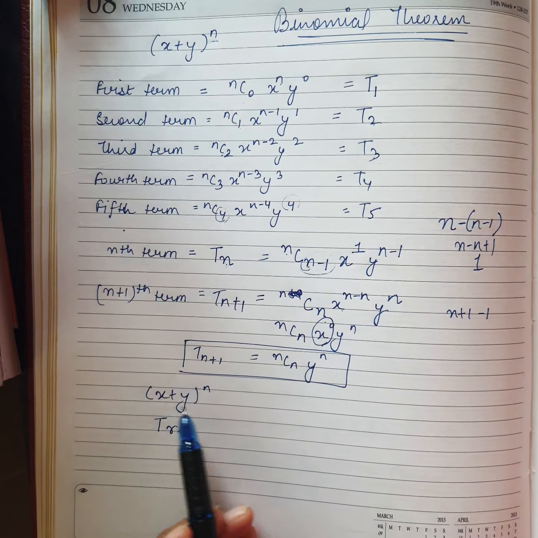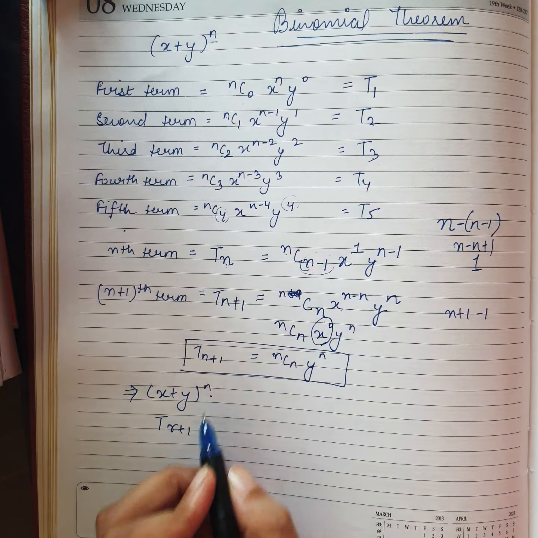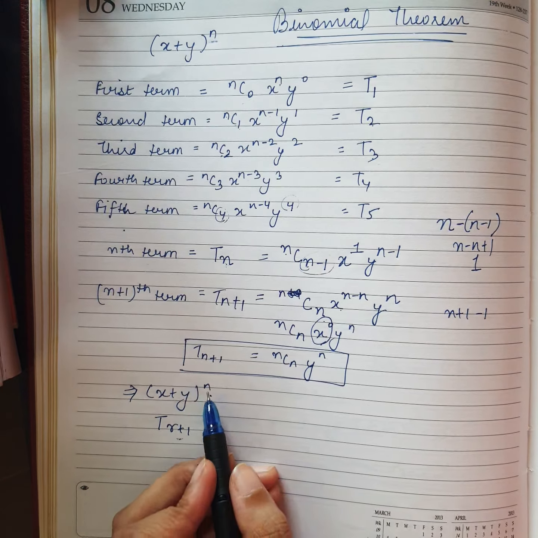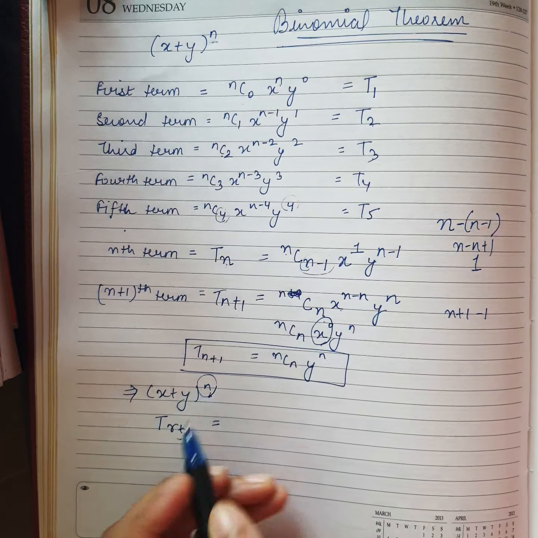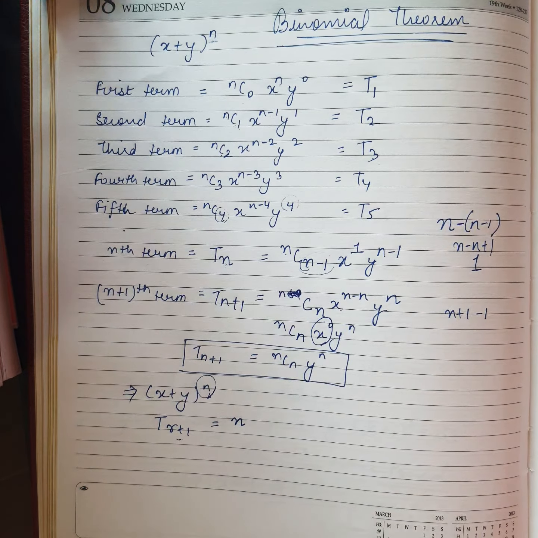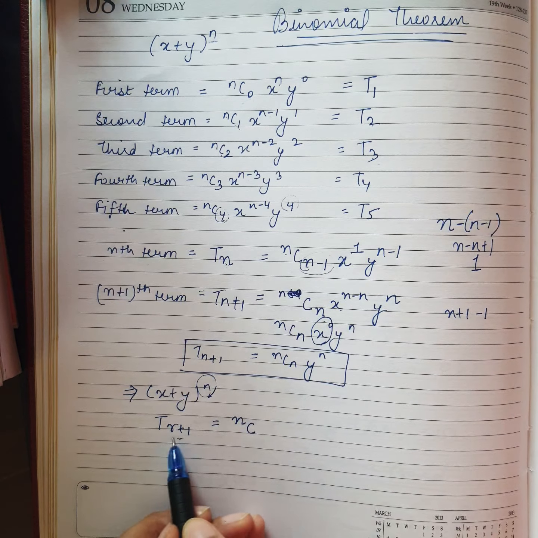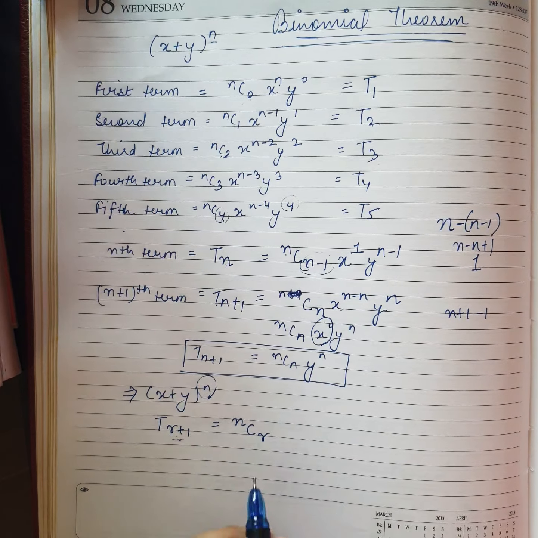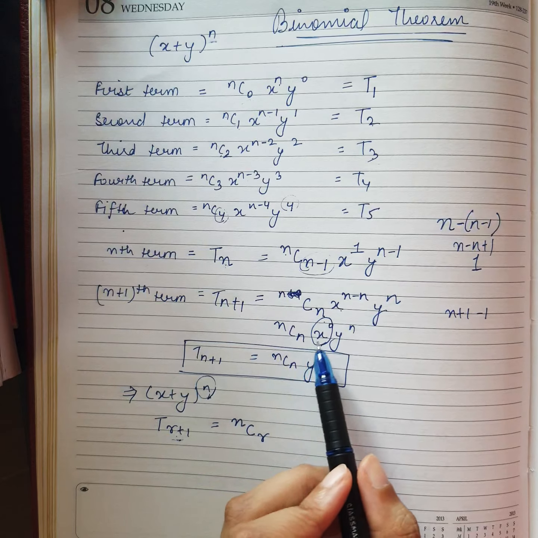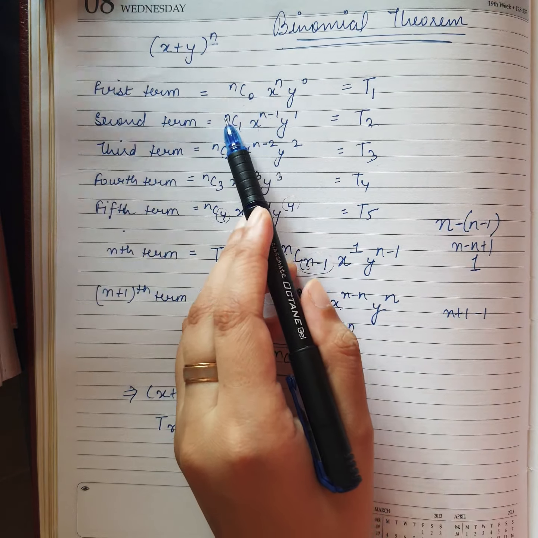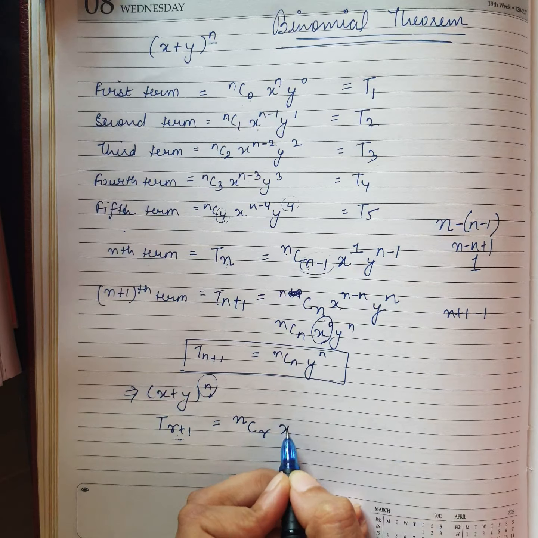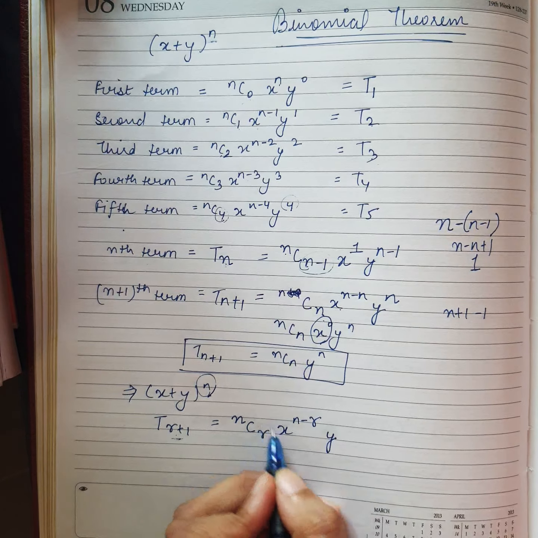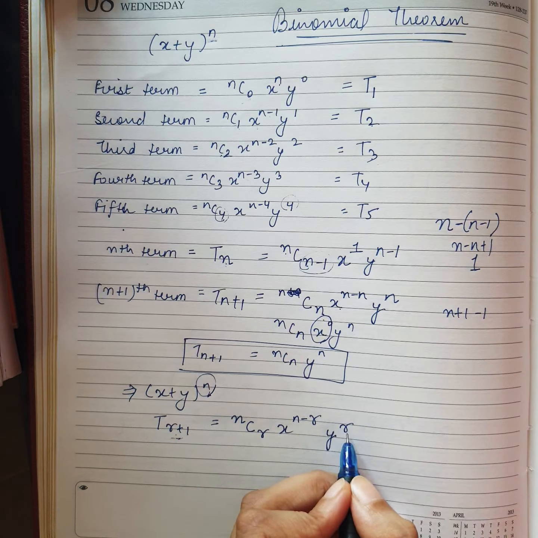Now I have changed the symbols a little bit. The expansion is the same, (x plus y) whole power n. I need to find the (r plus 1)th term, like this. So like I said, the maximum power will be n, and the lower suffix of C will be 1 less. So r plus 1 becomes r. Then for the power of x, what were we doing? We were subtracting. So this will be n minus r, and y to the power r, the lower suffix as it is.